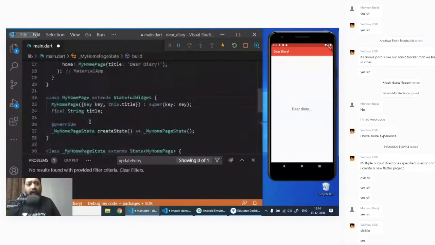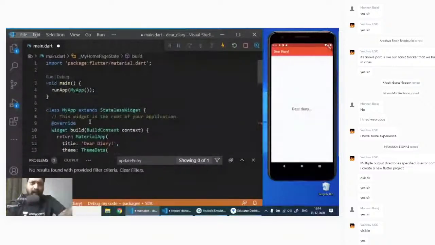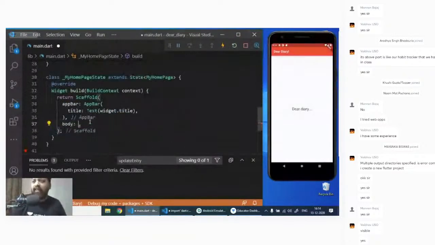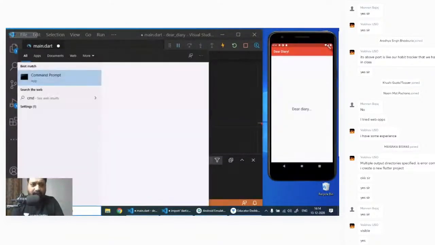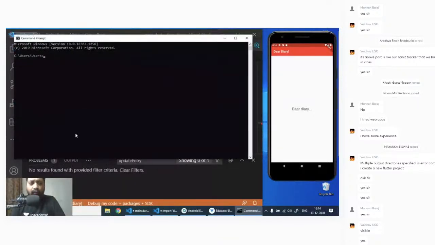Now, if you wonder how this one even came about, how did we come to this part, who typed all of this code, why is this running here, and all of that, there is a 1-hour lesson in which I have explained how you create new Flutter apps and go about it. Basically, you do something like this. CMD is the command prompt. If you hit enter, you get here wherever you want to create the